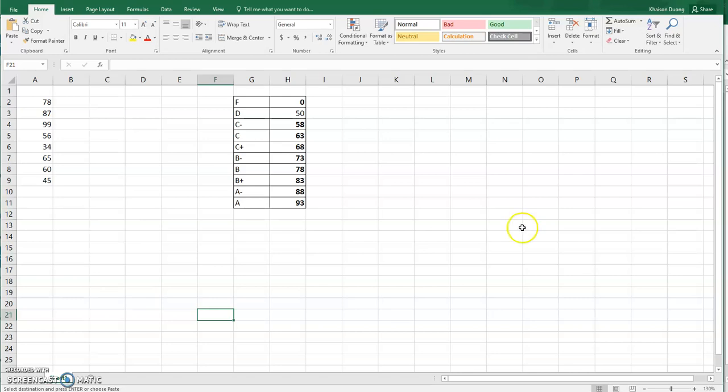Basically what you can do with it is say, if you have this, then you get this. If you have this, then you get this. It can just basically be infinite. So you can say things like, if it's greater than 93, you get an A. If it's greater than 88, then it's an A minus. If it's greater than 83, it's a B plus, etc. And that's using the IFS. I believe that's from Office 2016 on. So if you have that, you might be able to use the IFS function, which is quite useful